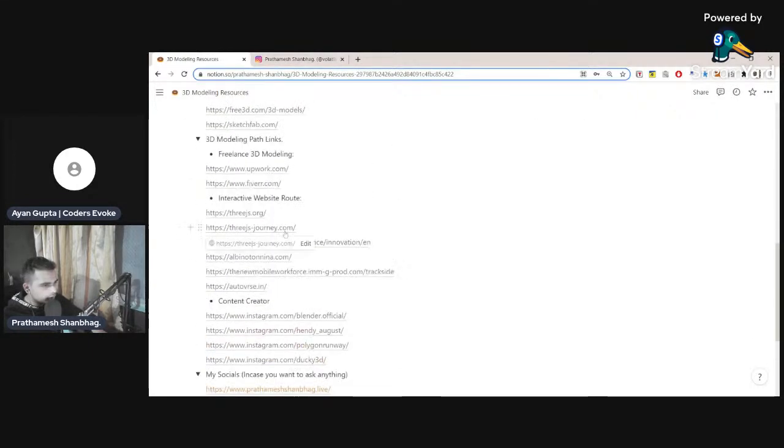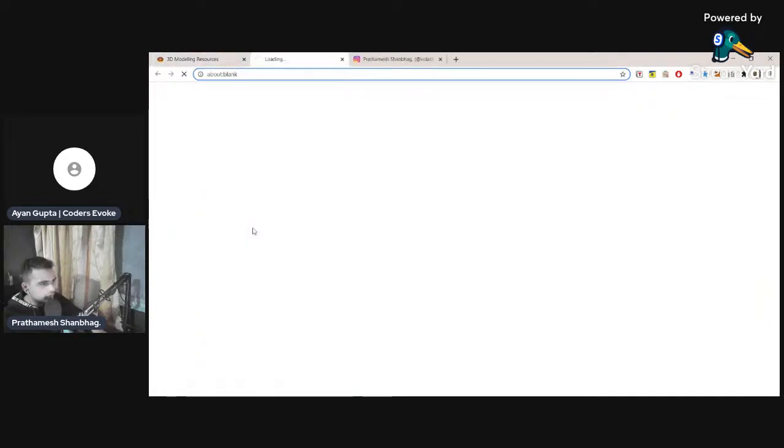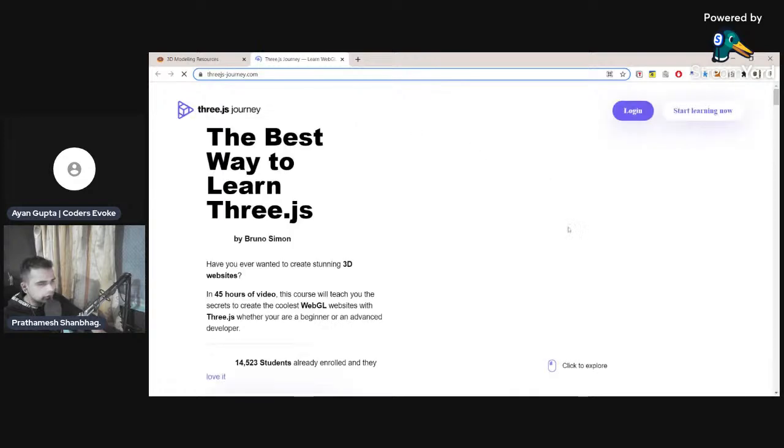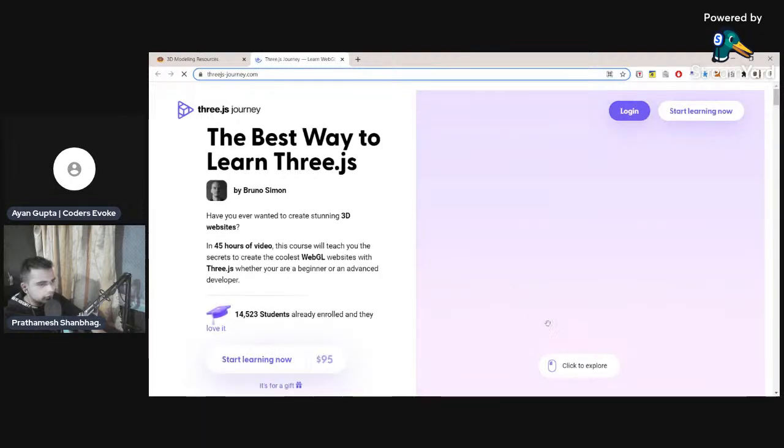If I want to share what is the extreme level that can be achieved using Three.js, this website is what I would like to show. And bear in mind that it's going to be GPU intensive, basically meaning that it's going to take a lot of resources of your computer to load.